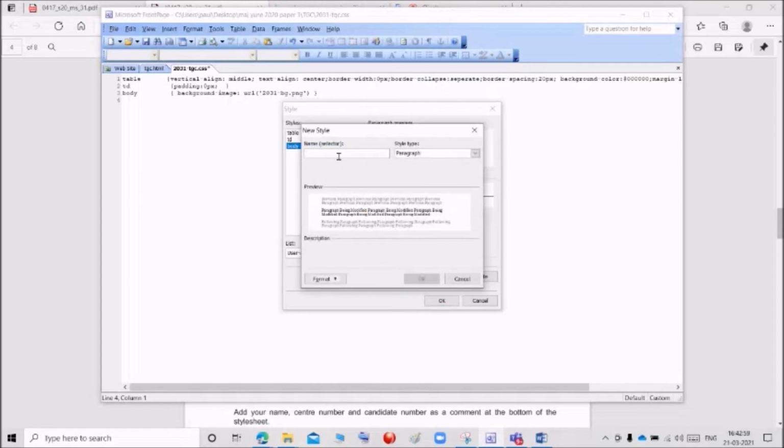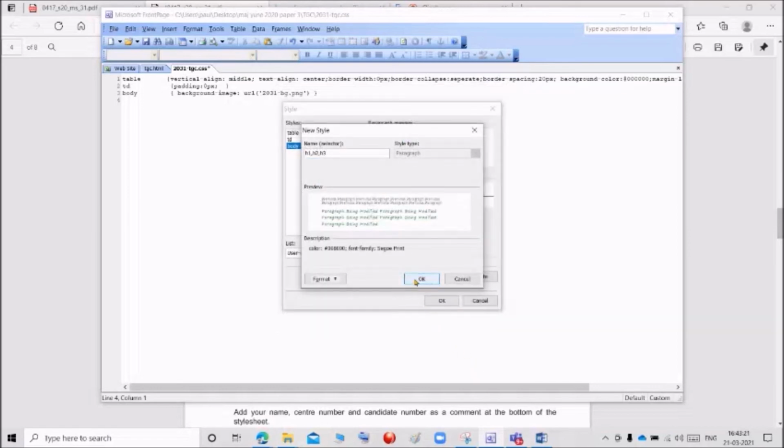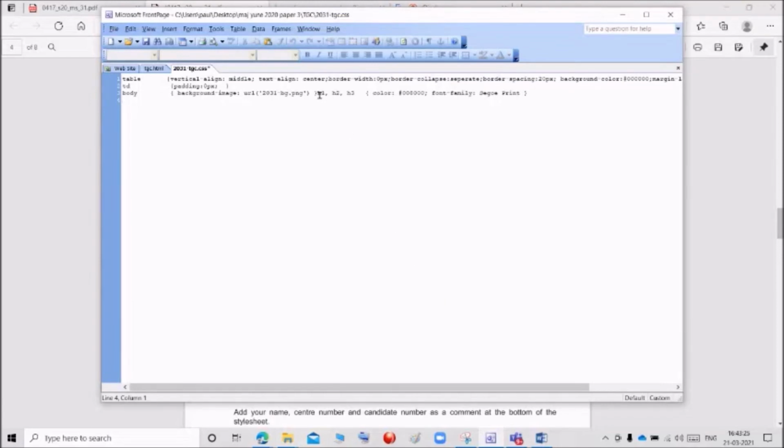I am going to give the three tags H1, H2, H3. After that, click format, go to the font. They are mentioning green color. Click this green color, and after that they are saying Tijo print. It is available, so click this and click OK and click OK. Okay, we got H1, H2, H3.